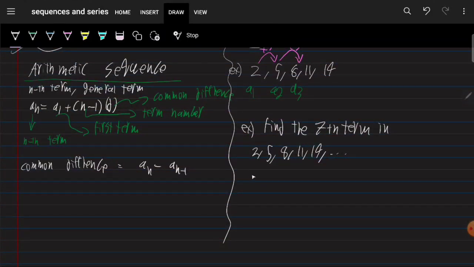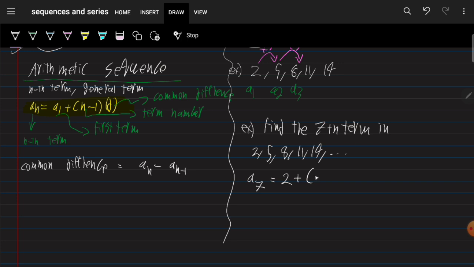So the 7th term is represented by a sub 7. Okay, so this is the formula I'm using. Let's highlight it in yellow. A sub 7 is equal to a1, our first term, which is 2. That's right there. Plus